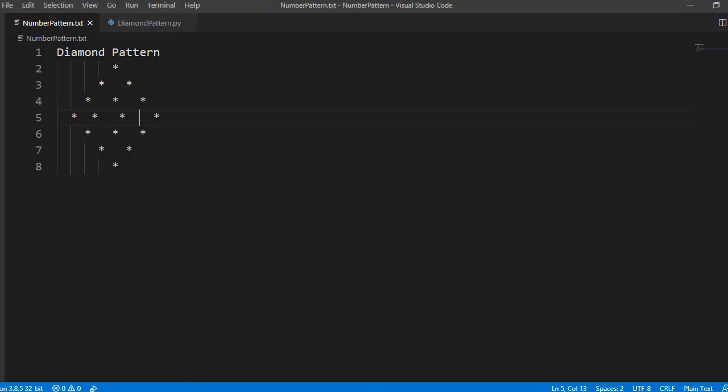Let's try to understand how we will print it. For this we have to divide it into two parts. The first part contains from the 1st to the 4th row. We have to take care of the space also. So if the first row contains 4 stars, then it contains 6 spaces, then 4 spaces, and 3 spaces, 2, 0 spaces. We have to take care of the space and then print the star. So first we will print the upper half and then the inverted equilateral triangle.